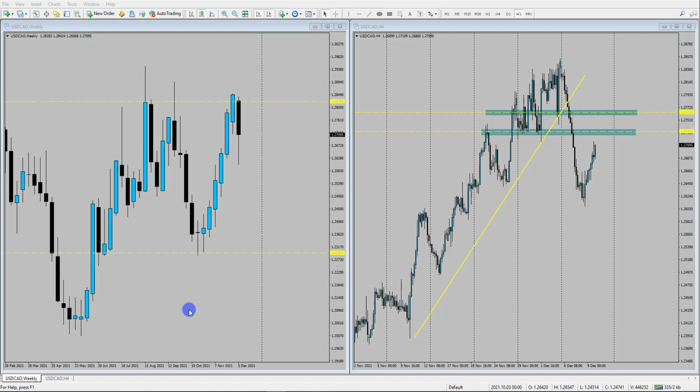As well, we have seen seasonally the US dollar usually underperforms throughout December, so we want to be looking for potential short opportunities there. Now, the Bank of Canada did leave rates unchanged this week, and basically what we're looking at is the fact that the Bank of Canada have talked about that they're still in line to sort of hike rates sort of middle to end of 2022, which is not as hawkish as investors had expected. However, it's still a big positive.